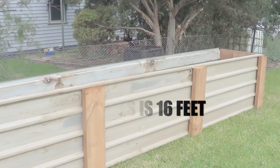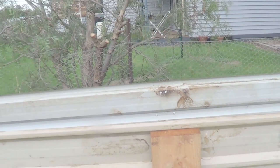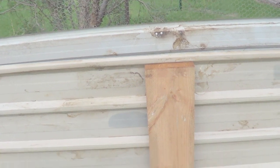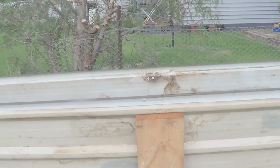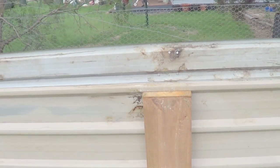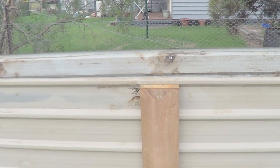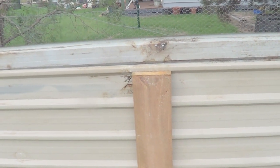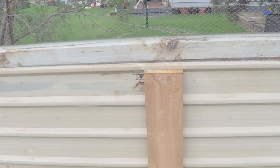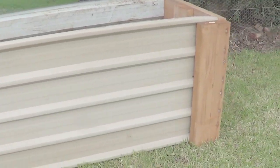So now that it's up, the next part I've got to do is actually, I'm putting steel rods, two rods in each bay, which I'll show you, and they're actually galvanised rods. Once all the dirt's in there, that will stop the walls trying to bend out. And other than that,